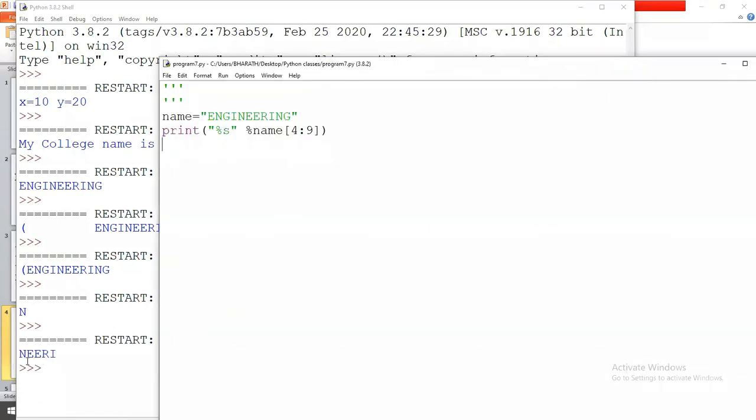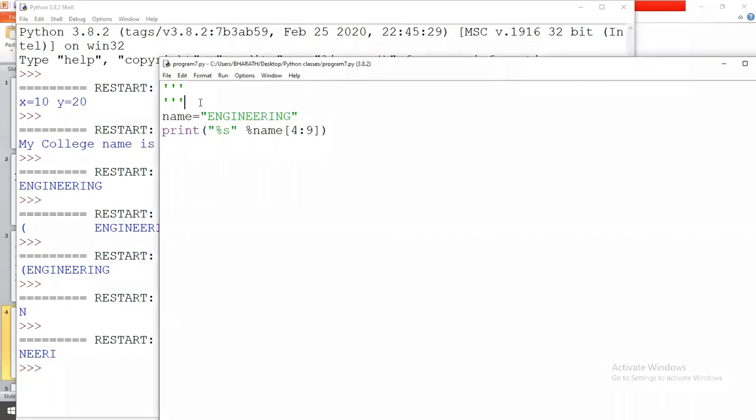What is the output? NEERI. 4, 5, 6, 7, 8. So 4 is n. If you specify n, it means 4 to n minus 1, that means 8.